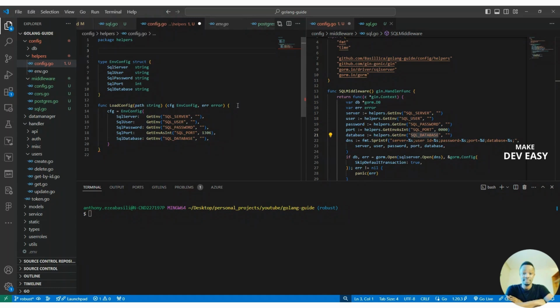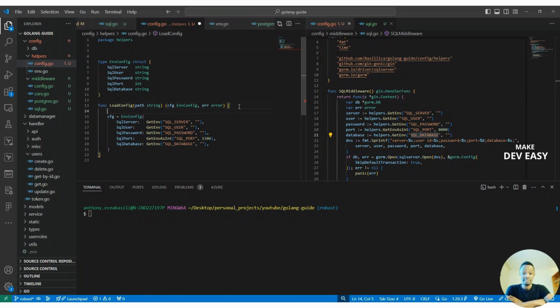But what I would want to do is, if we run our app in release mode, for example, it would not make sense for us to commit our env file into any public code repository. So in that case, I would expect that we inject this somehow into our code, maybe during the build phase. So if we have a pipeline with which we set this up, then of course we have to inject this through the pipeline. But if that's not the case, if we are running locally, then we can have